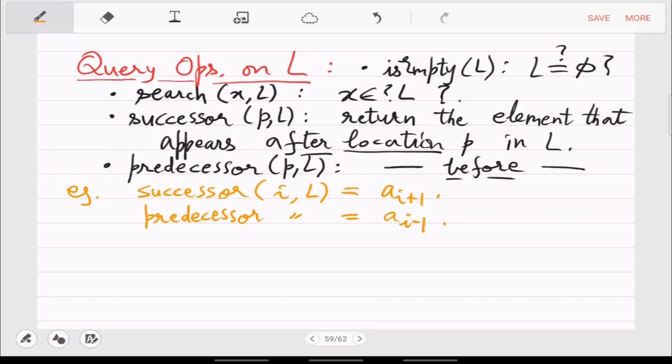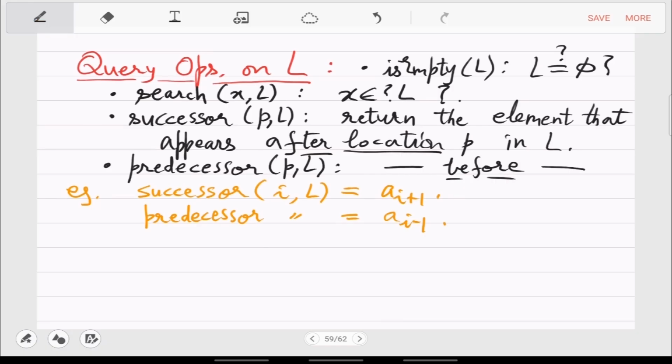Okay, so this is the meaning of these two query operations. Note that we are calling them query because you are only given read permission on the list. You are not given write permission. So for these operations, you don't need to change the list at all. So the list is created by somebody who has the permission, and you can read and just output the answer.